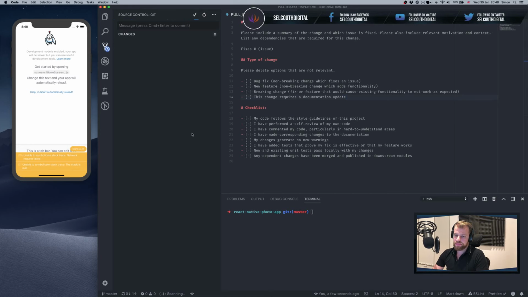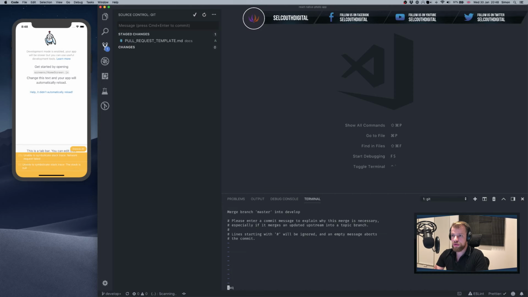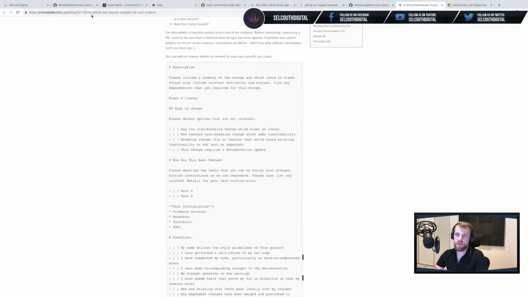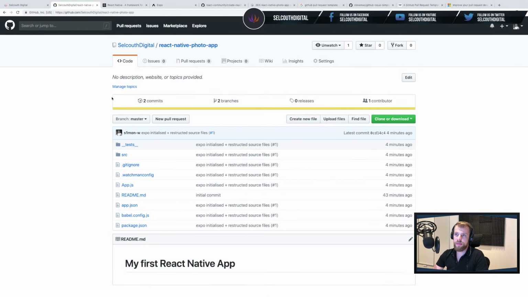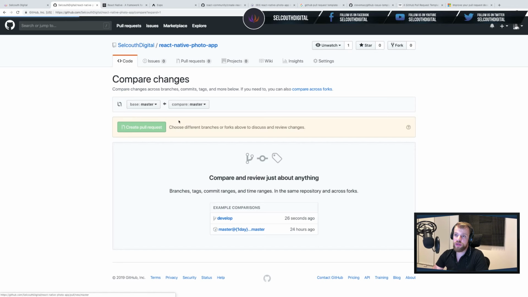So I pushed it to master, right? I can go back to develop, and I can merge master to develop, only so we have that pull request template in here as well. And then we can push those changes to develop as well. Squash the commit, just to make it a bit clearer. But anyway, now you can see that we are on master, and whenever we